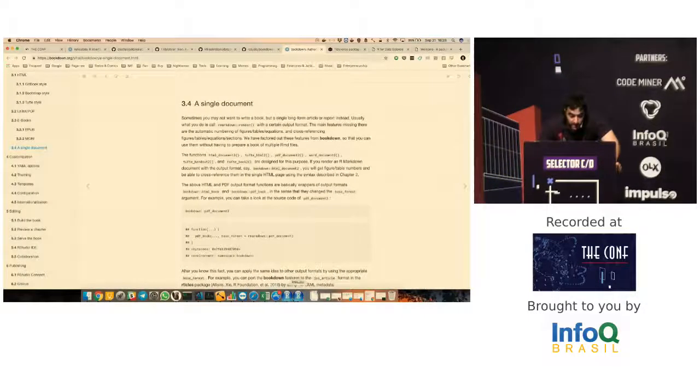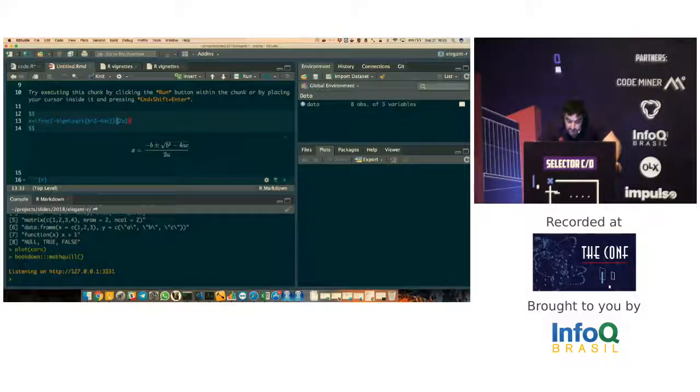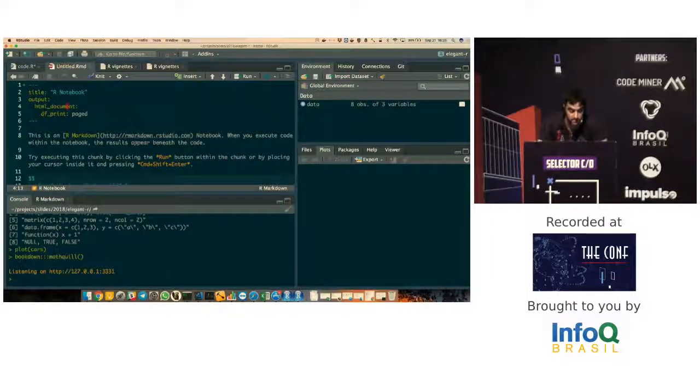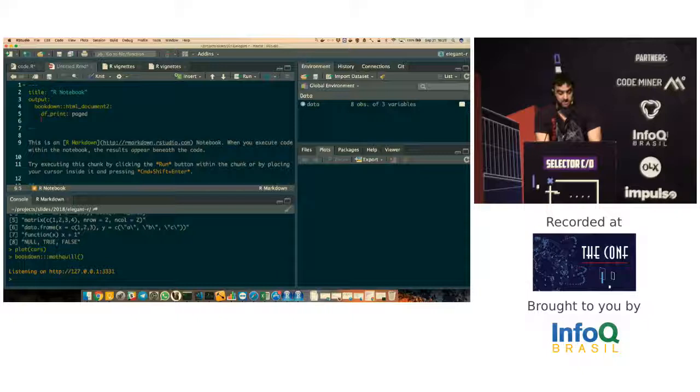So if you want to make use of that, you can use it. It provides you something called HTML document, which is a function which formats the code that you're passing it. So you specify this function to be used to render the document rather than the original knitr package. Knitr is the thing that makes it possible to combine R packages and Markdown documents. So you put this in order to disable table of contents,